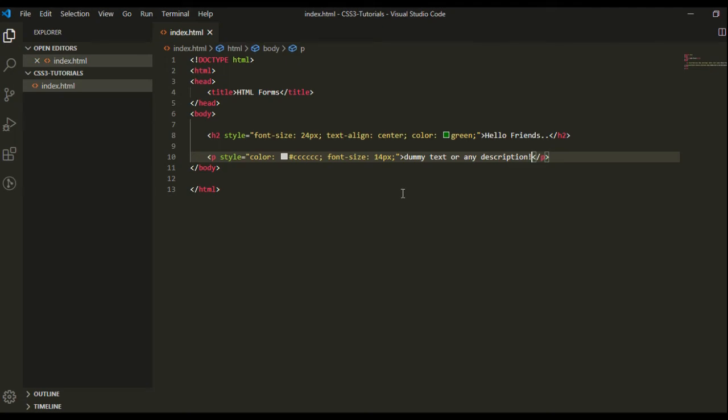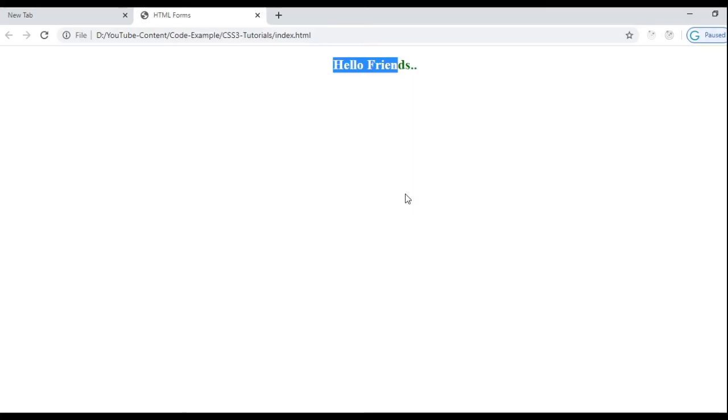So let's see our code in the browser. Here we can see the text. It's an h2 heading tag. This is our paragraph text. Because we have not given the text align for this, this text comes by default on the left side.